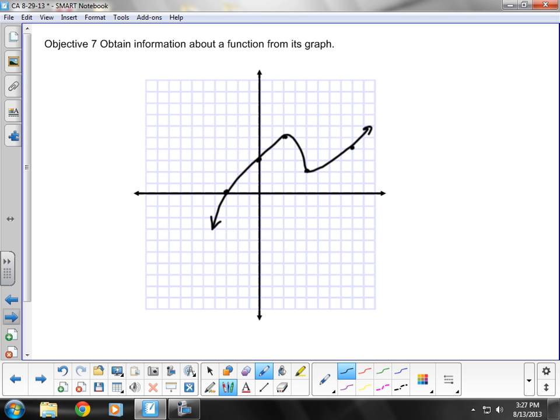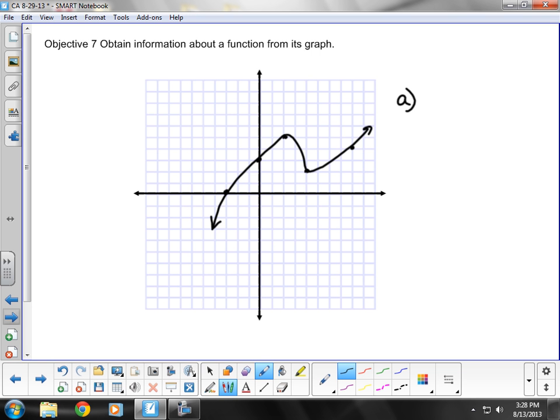So we've got this kind of thing going on. We've done some kind of experiment. We've plotted these points, and this is the shape we get. There are some things that we can get or understand from this particular graph. We can find,